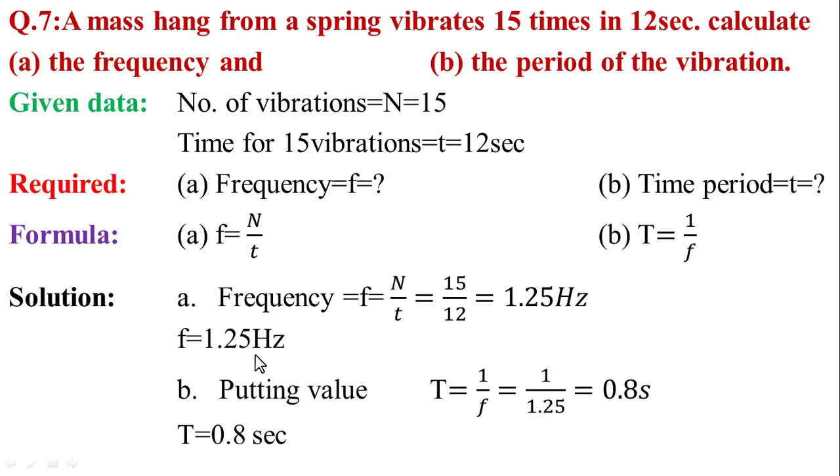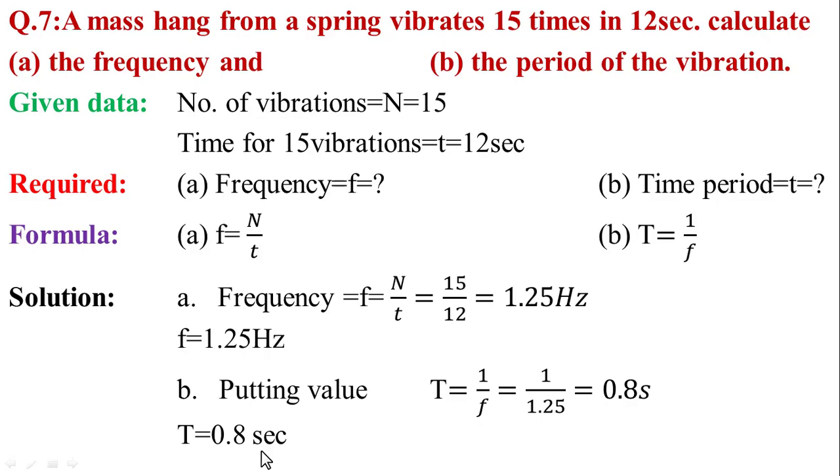In part B, we can find the time period by putting the values: T is equal to 1 upon f, so 1 upon 1.25. 1 divided by 1.25 is equal to 0.8 seconds. So the time period T is equal to